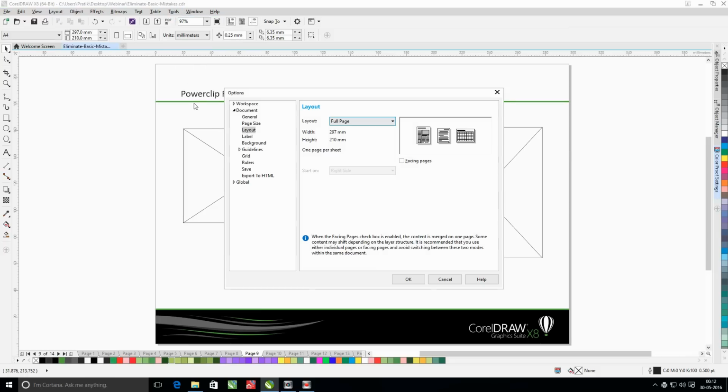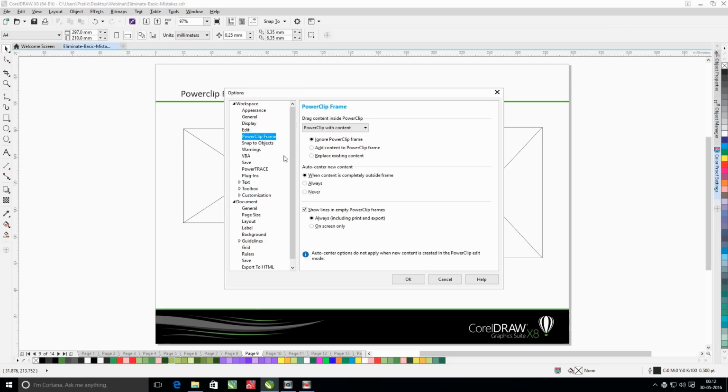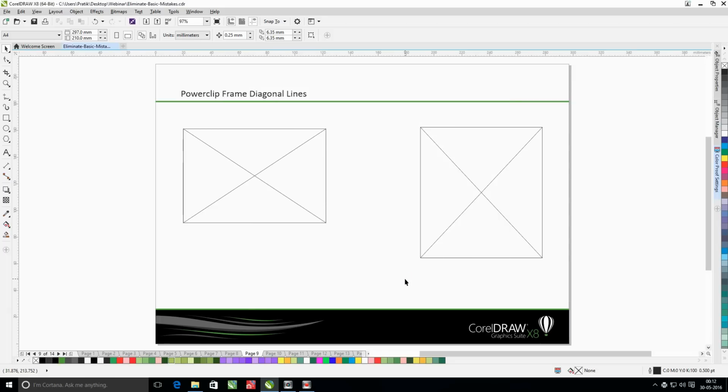So when you go to Tools, Options, and under Workspace, there is something called Power Clip Frame, and there is a setting to either completely turn off those diagonal lines so that they are neither exported nor printed, or you can keep those lines only for on-screen display. So there are two options you can select.